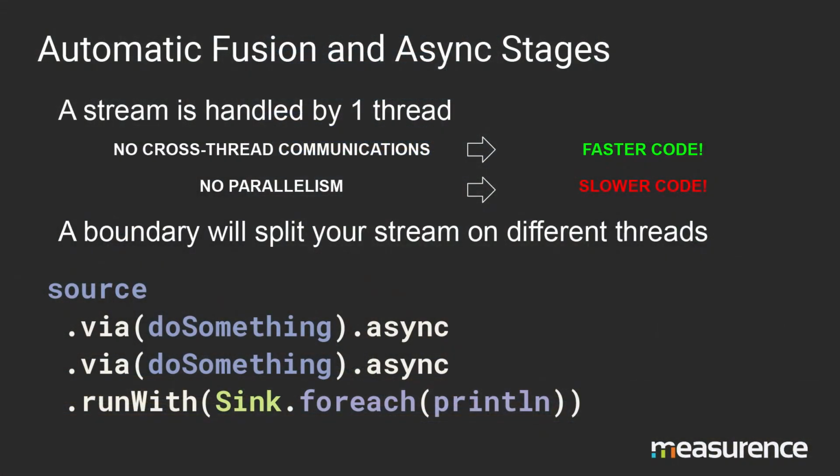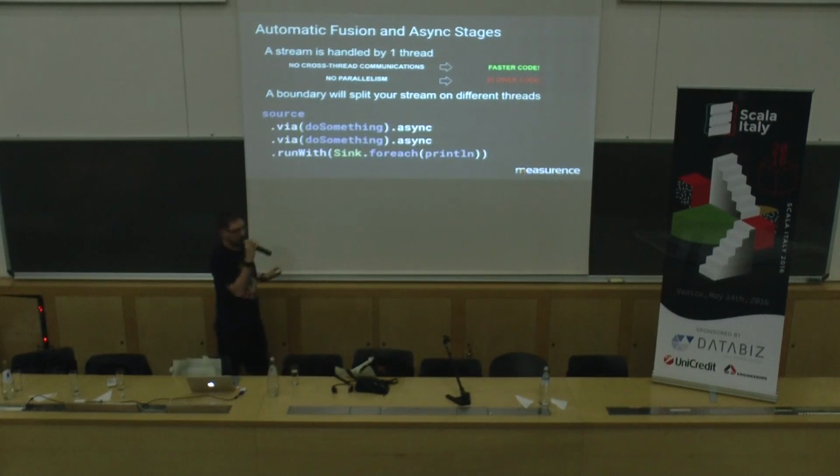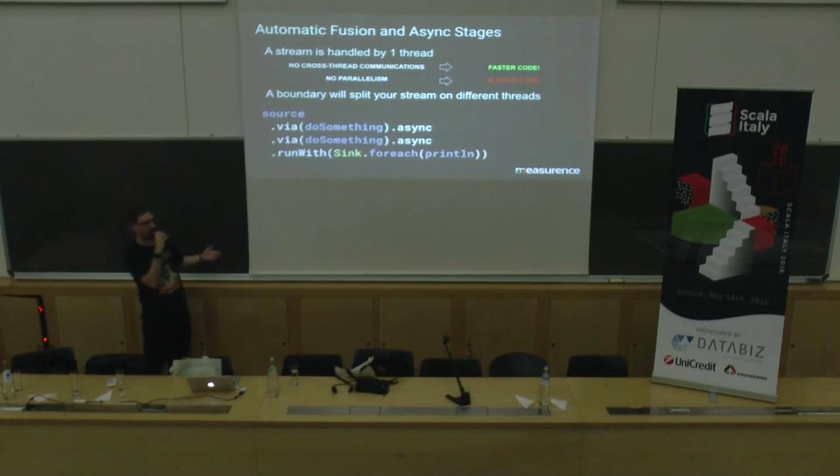Another thing to be known before starting writing code with Akka stream is that while I said that a stage is always run on a single thread, actually that's true for the whole stream. So by default, when you run your stream, there will always be at most one stage running at any time, unless you use that async call. In our case, that's not necessary, because we have a lot of streams that are running concurrently, so we already have parallelism in our application. But if you have a few streams or just one in your application, you might need this so that you can spread the load